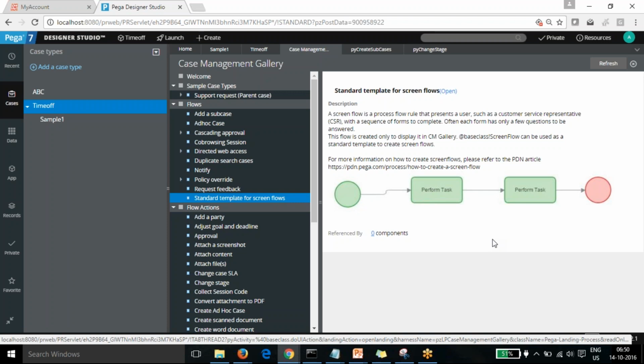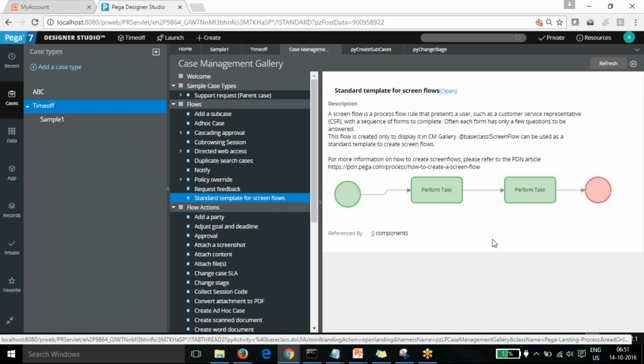Okay. Then there is another flow called straight through processing. In straight through processing, we don't do any user action. There is no UI. Everything is automated. All the business rules are included, and based on the flow action, everything is done automatically. There is no need for any manual intervention, and no UI will be displayed. It is just like a black box: you give it an input, and it gives you an output. So that is called straight through processing.